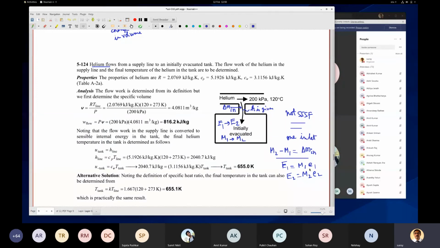E1 and E2 depend on the specific energy, right. So here if we neglect kinetic and potential, E is equal to U plus KE plus PE. So this is 0 and this is 0. So energy is basically internal energy. And this is dependent on, right, E is dependent on temperature. So this is how you have to set up the equations, right? You have to set up the equations like that.